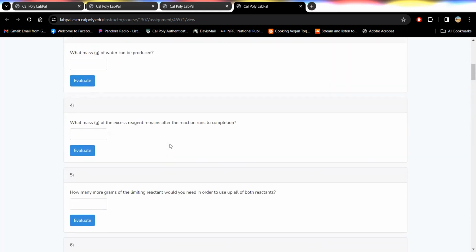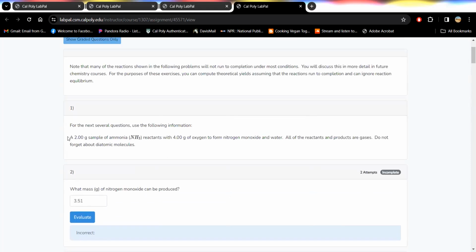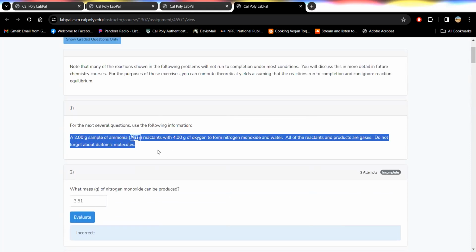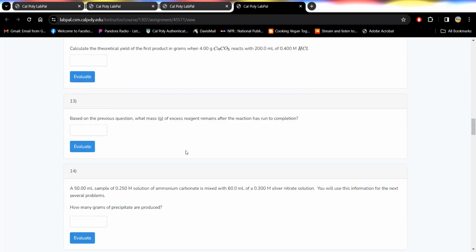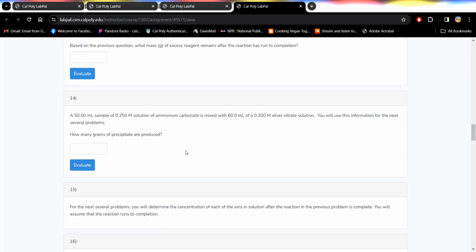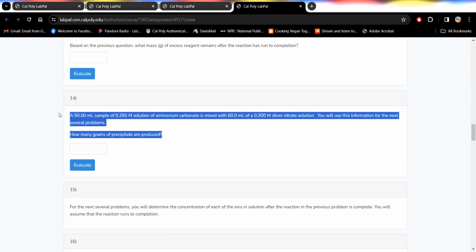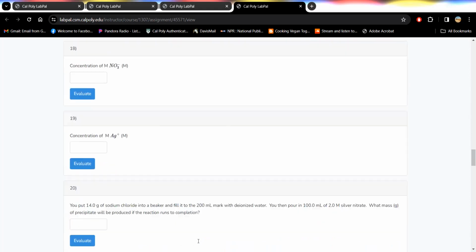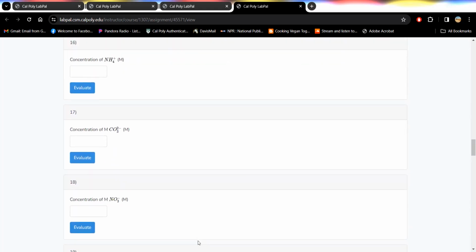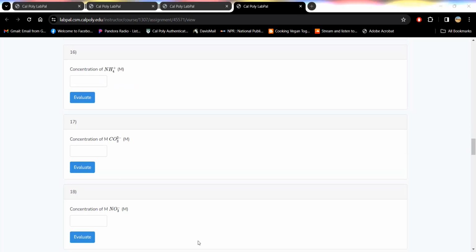This is pretty similar to looking at number 2, where we've got this ammonia reaction with oxygen to produce carbon monoxide. I'm going to go ahead and do number 16 first. Sorry, I was confused about which thing I was doing. But let's go ahead and look at number 16. I think number 16 will also help elucidate what's happening in number 2. So we're going to use number 14 to solve number 16 to 17 and 18 and 19. And this gets to one of the details that I was previously talking about in class yesterday,